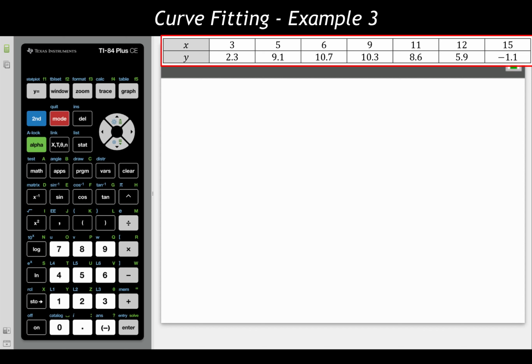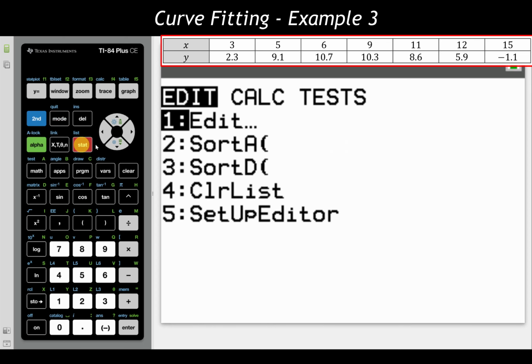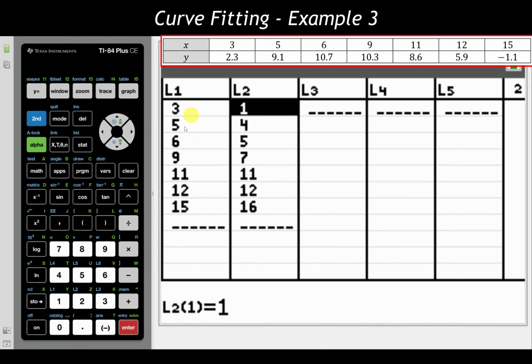Looking at our third and final set of data, we're going to go through and enter this in and do a regression for that as well. So back here at our home screen, we're going back up to inputting our data, clicking on Stat, Edit, Edit. Again, I have sets of data here. I need to clear these out and then input the data set that I have been given.